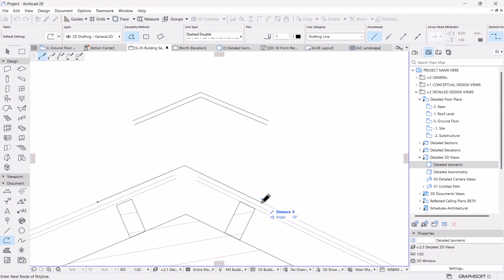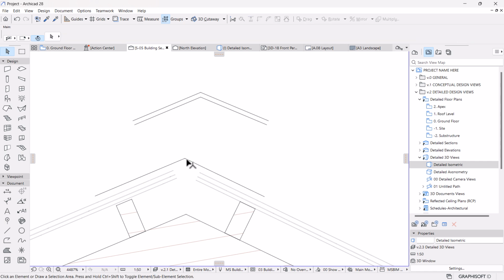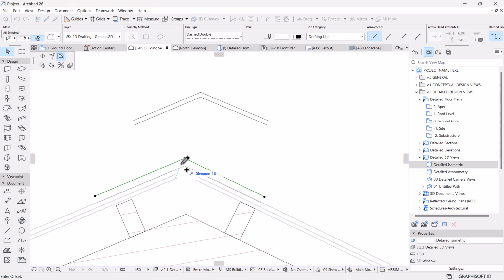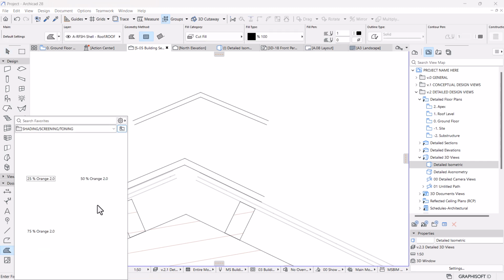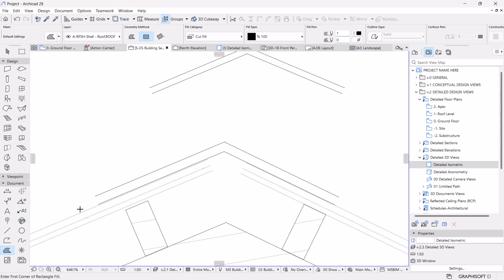for the purpose of offsetting all edges like so. So this will be 15. Now I can get rid of that. Let's create a copy by hitting Control to there, like so. So this will be a fill. Let's trace it over. Geometry method will be polygonal. I'm going to trace it over with a fill